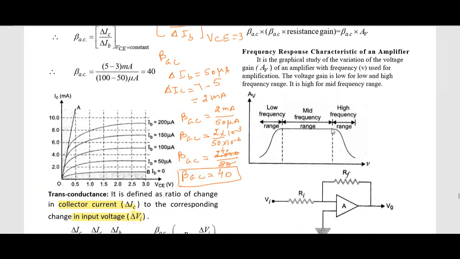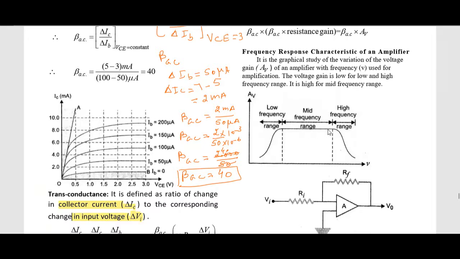This is mid-range. At mid-range it is constant. At high frequency it falls like this. This graph is very important for an amplifier. An amplifier is operated on this flat portion, where it gives high fidelity. In the mid-frequency range amplifiers give high fidelity and their